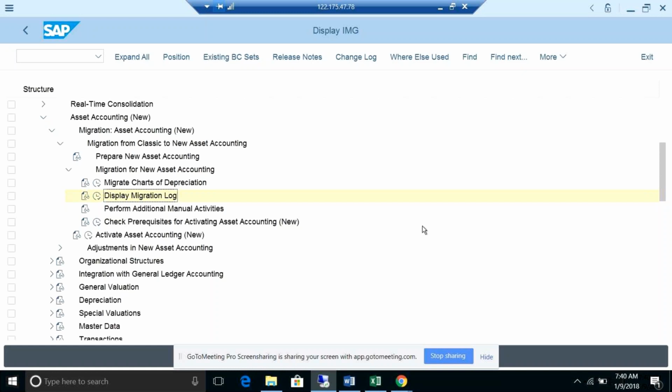In case everything looks the same as your classic, then also we need to take care of the new dimensions which are coming in. If new things are coming in, we need to take care of that also. So that is what we need to do as adjustments. Adjustment means whatever changes are coming in from classic to S4HANA, we need to take care of them.